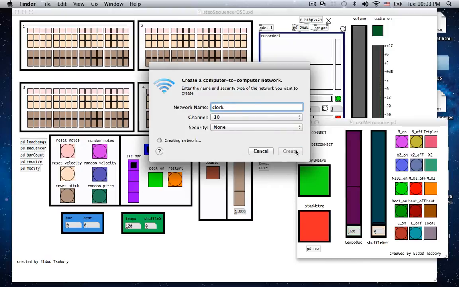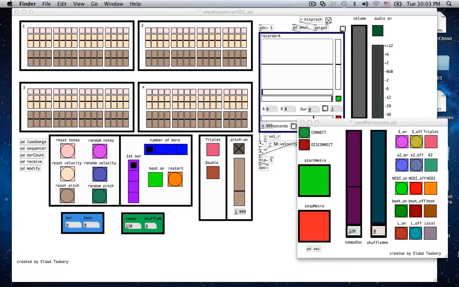Once everybody is on the same dedicated network, go to the metronome window on the master computer and click Connect, and then Start Metro. The slave computers should be connected automatically. To see whether a connection was established, check the bar beat counter to see whether the beats are counting from 1 to 4. If so, then the network aspect is set up successfully and we can proceed to explore the